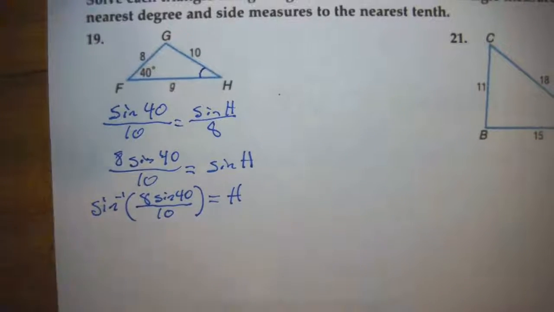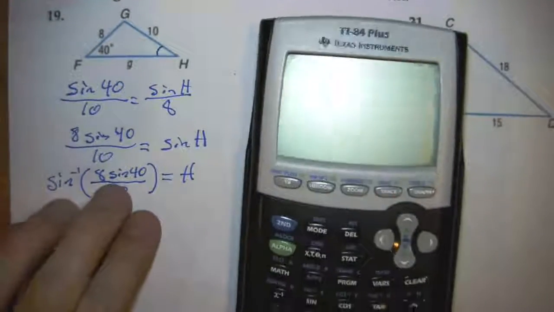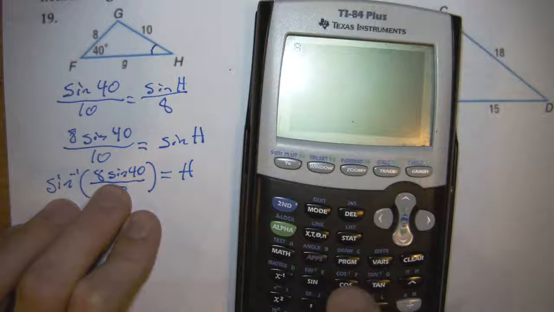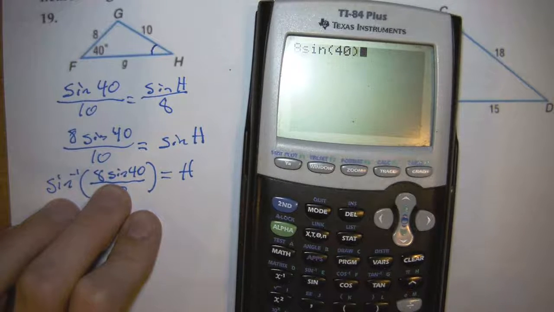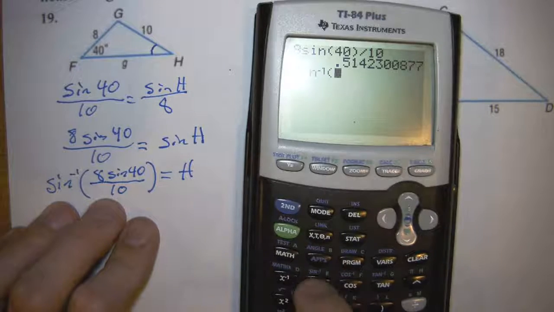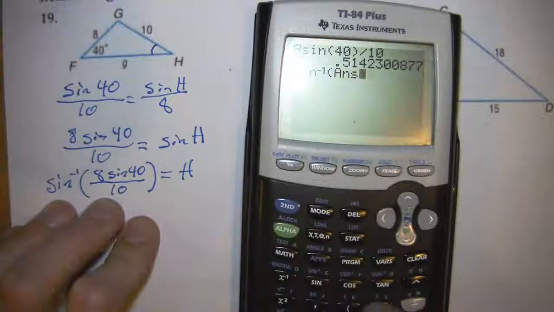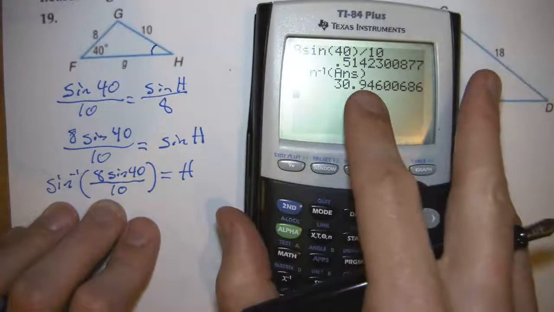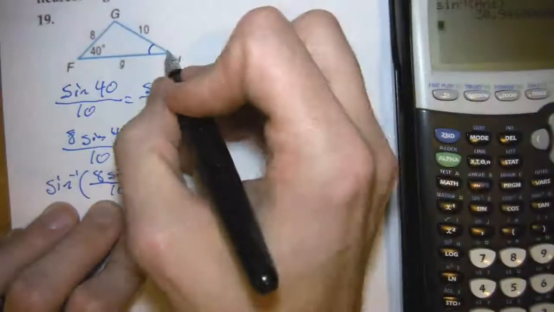All right, well, I can find that out pretty quick. Let's do it. Again, I'm going to type it in a piece at a time. I'm not going to try and type all of that in. So 8 sine 40, parentheses, divided by 10. Cool. Second, inverse sine of our answer. Cool. So h is approximately 30.9. So that's what I'm going to say for h, roughly